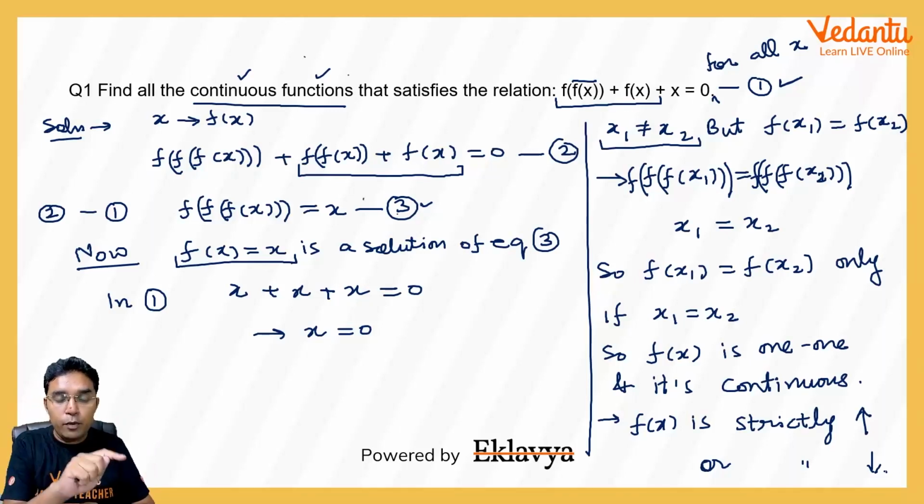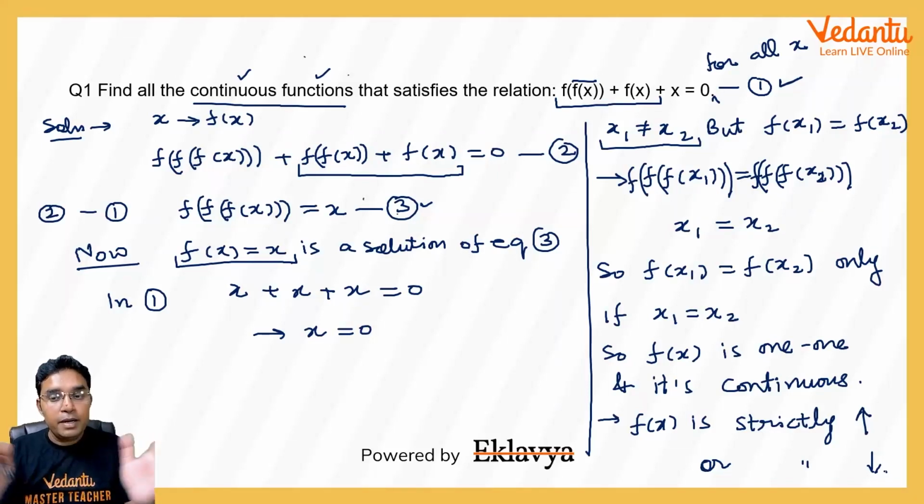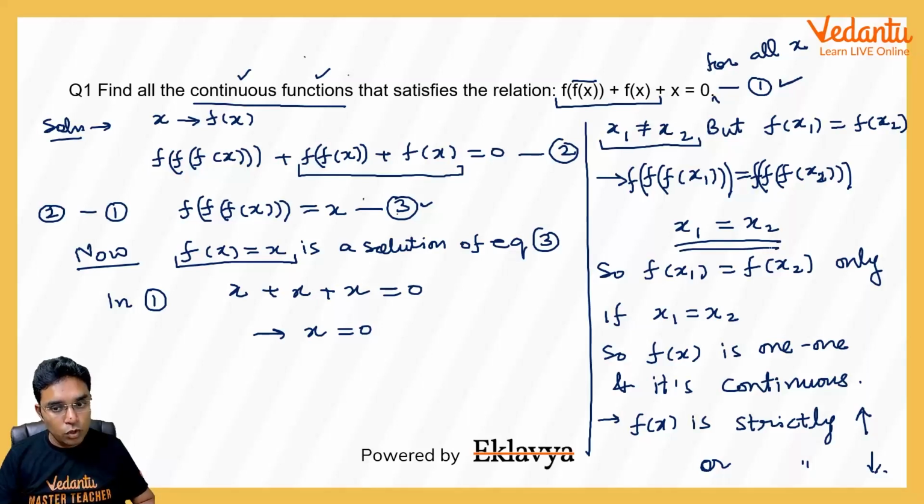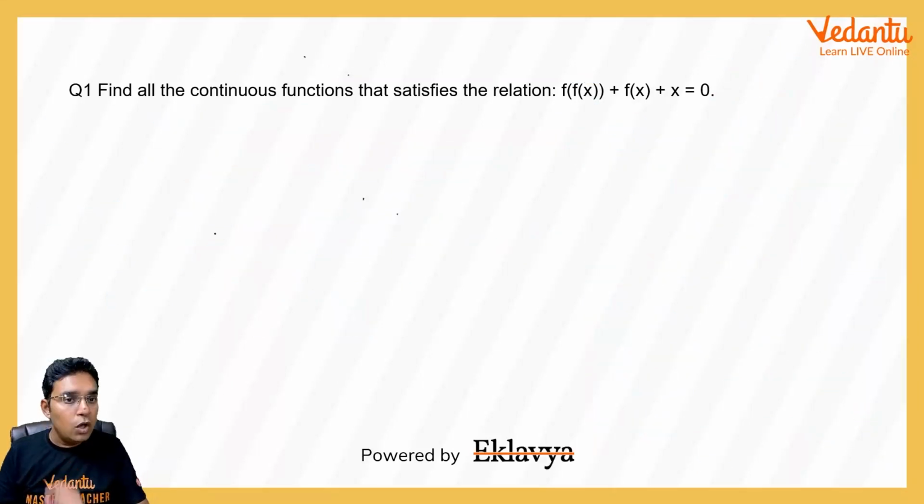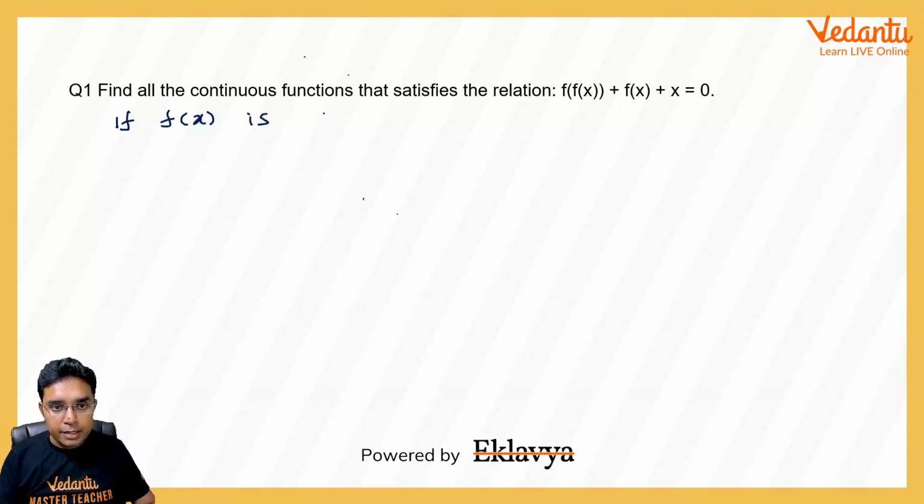Then about that point of maxima or minima, there will be some x1, x2 which are different, but f of x1 will be equal to f of x2, which is not possible as we have proved here. So this will be either strictly increasing or strictly decreasing. Now, if I take f of x as strictly decreasing, then you can see f of f of x,